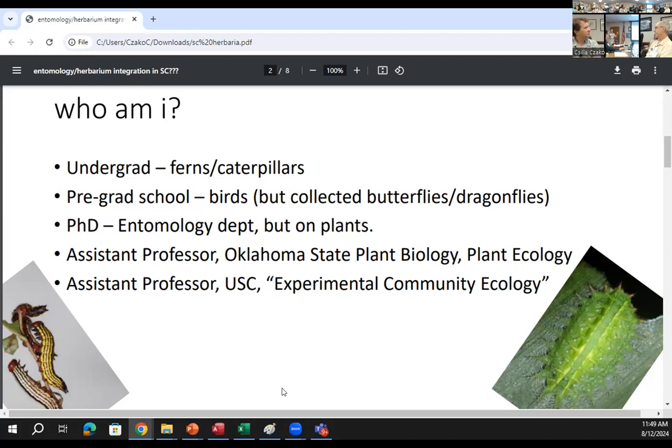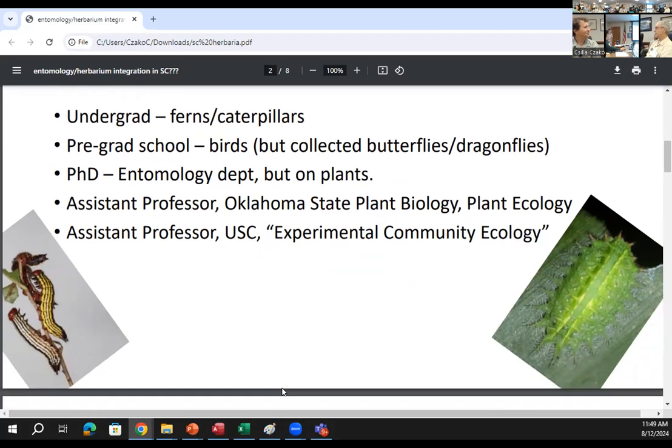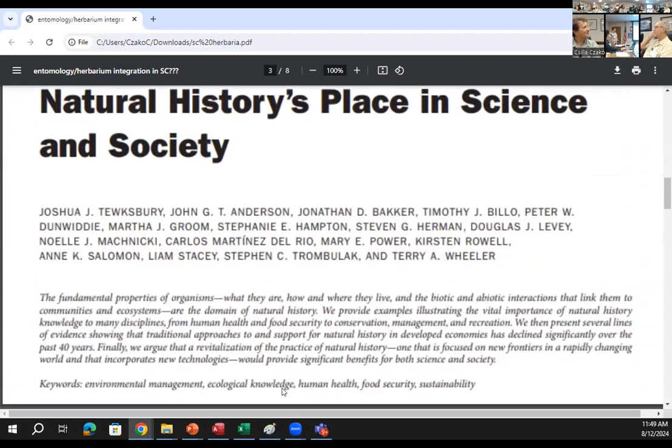They hired me as an experimental community ecologist. I'm about as knowledgeable about what that means as you might be. But at heart, I am a natural historian and have been working on various plant-insect issues. If you haven't read this paper, it came out in 2013 or 2014. Josh Tewksbury was the head of the Nature Conservancy at that point, I believe. Now he's at STRI. It has an optimistic sounding title. However, if you go to the next slide,